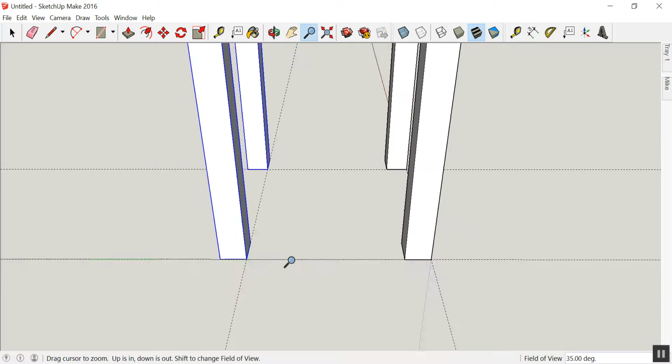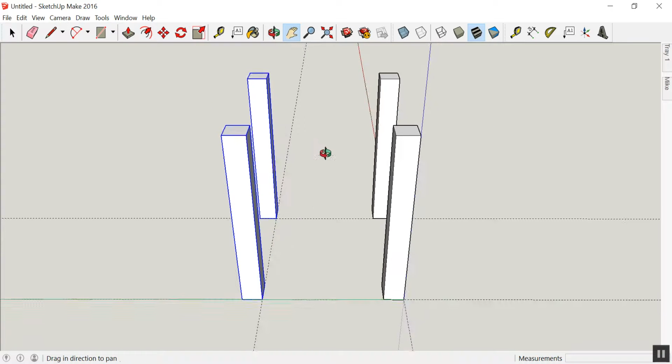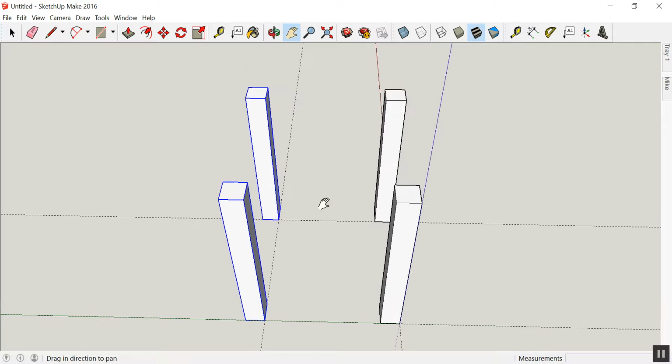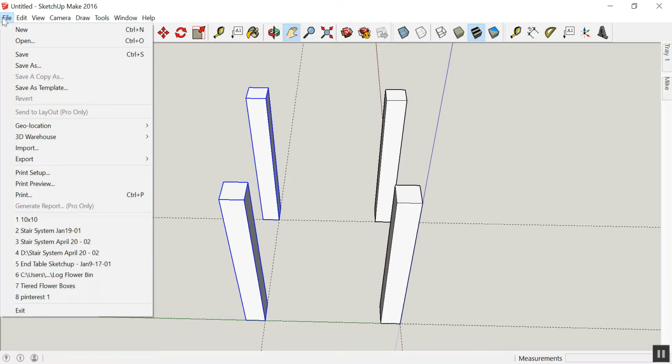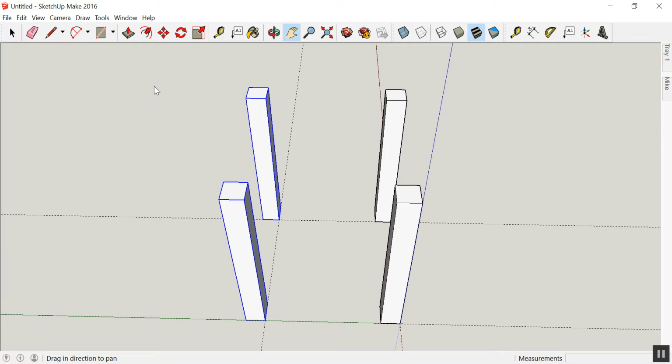Okay, so basically now I have my posts. I have my 4 posts. I have not done a save yet, so if you look way up at top here, it says untitled. I just as soon not lose my work, so I'm going to go to File, Save As, and I'm going